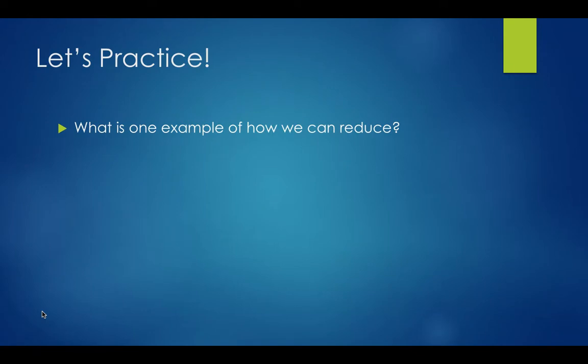Okay, let's practice. What is one example of how we can reduce? So we just talked about 4 different examples. What is one example? Good job! I heard someone say create a compost. You are exactly right. That's a